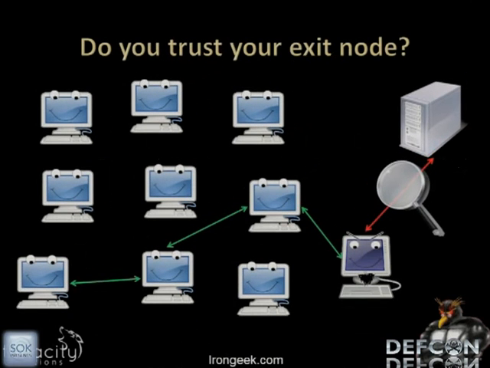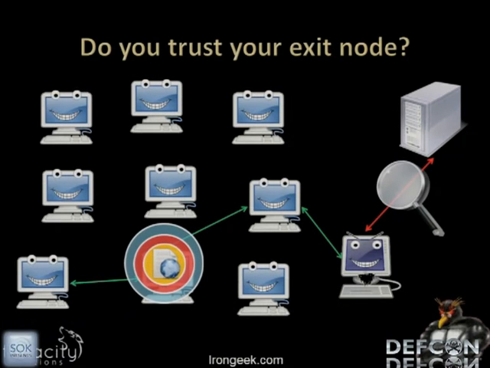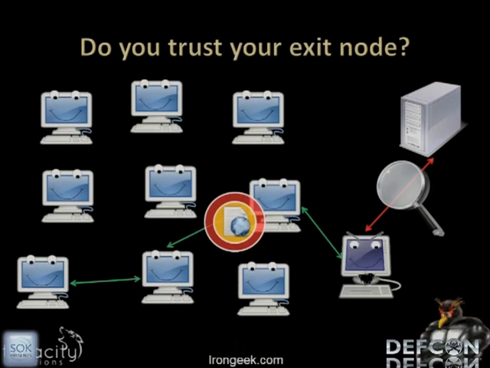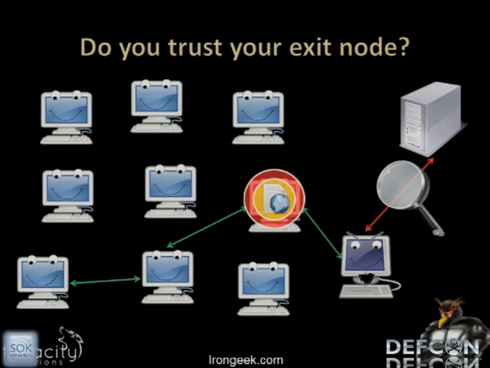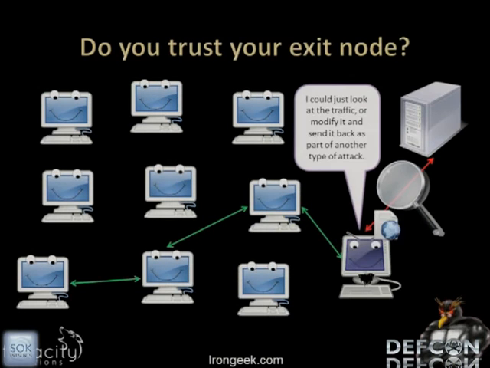Quick illustration of what this looks like, and it also gives you a better idea of what I mean by onion routing. Essentially, you have 3 layers of encryption on a message. One layer gets stripped off on each hop, hits the exit point, goes out unencrypted, and at that point, the person can look at it and possibly modify it to do some other attacks I'll be talking about later on.